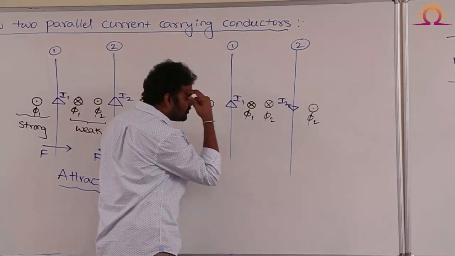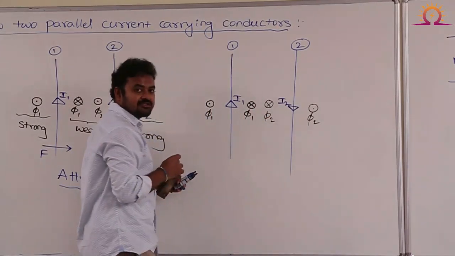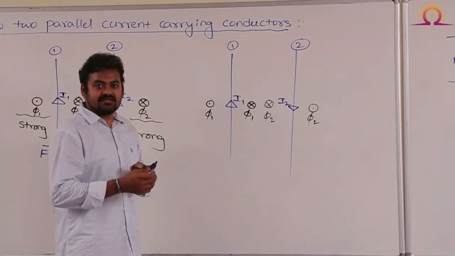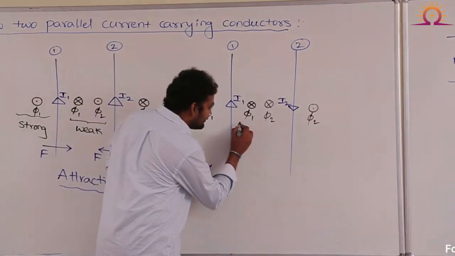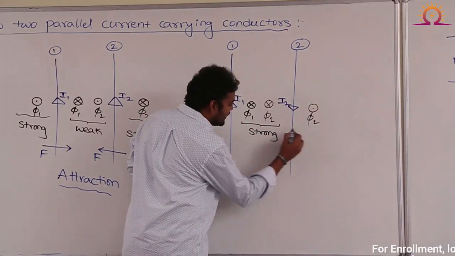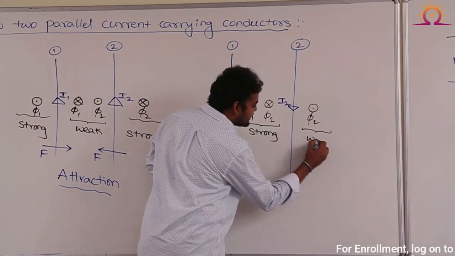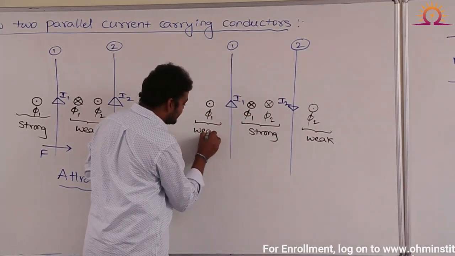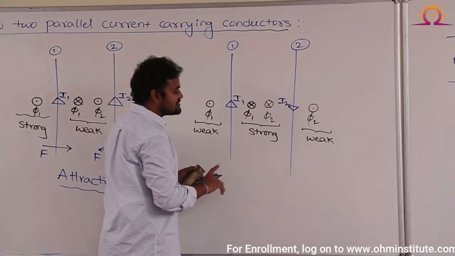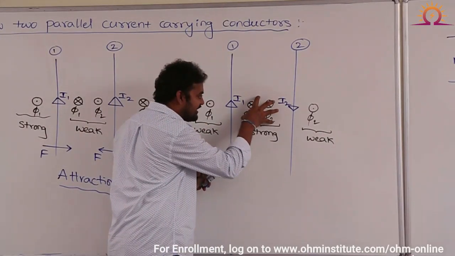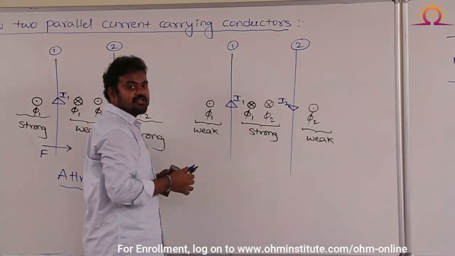Both are coming out of the plane, which means both are in the same direction. Both fluxes are in the same direction, so I can say both are magnetizing each other. Therefore, we can observe a strong magnetic field over here. Compared to outside, the field between the two conductors is stronger. Now I will consider this stronger magnetic field as reference and identify the direction of force acting